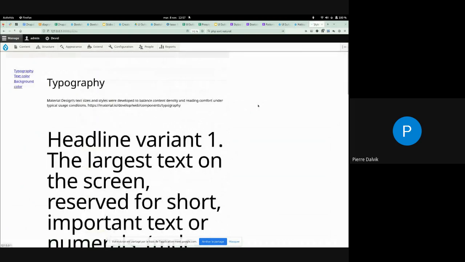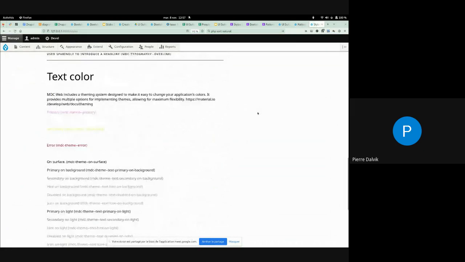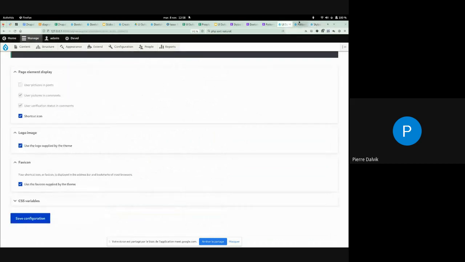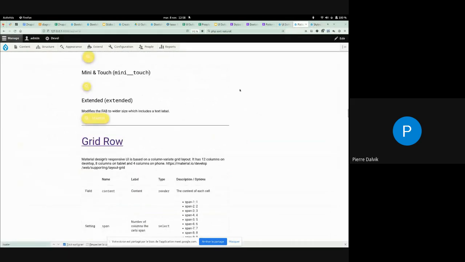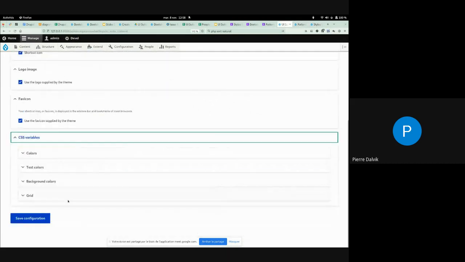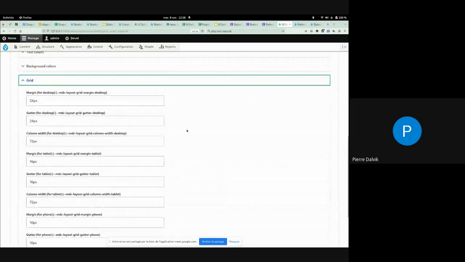I go to my styles, and I can also see that my styles have changed to purple and yellow for the text color and the background color. So every time I will use a style, it will be changed. And I also have some variable from grid